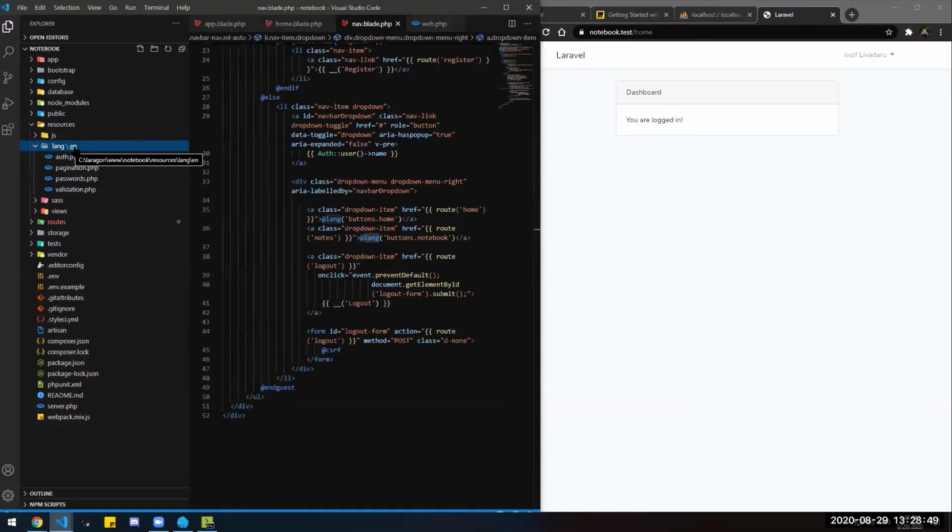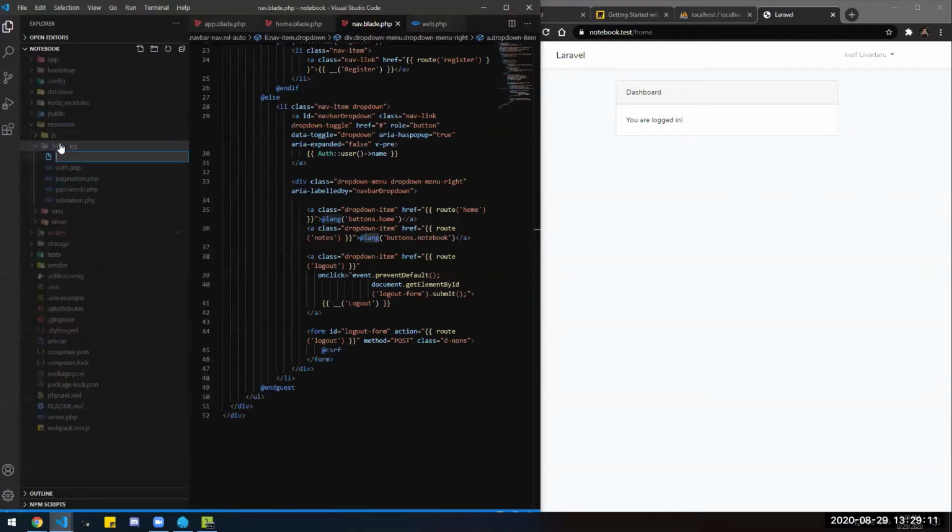You can have multiple folders here, it can be French, it can be German, it can be whatever you want. So it's also in the system, you can make a setting where the user can change the language of the application, and when they change it, you must have the same files within each language folder